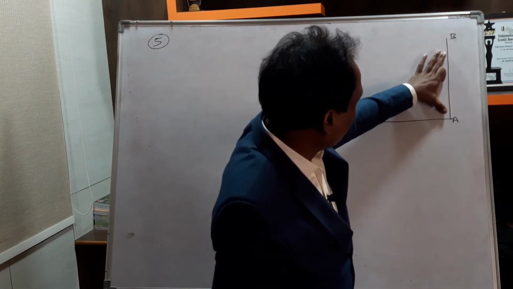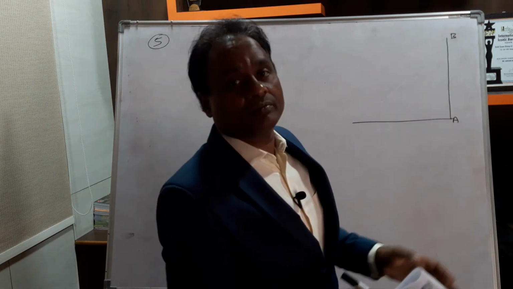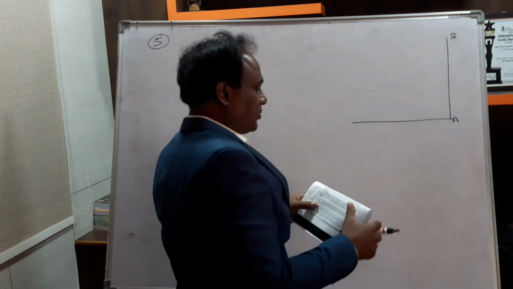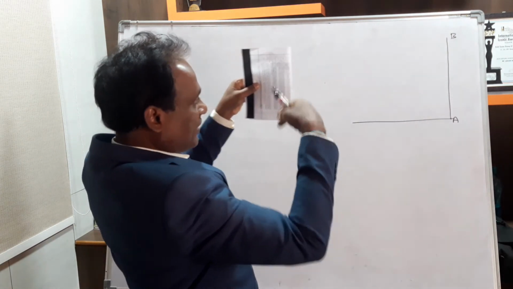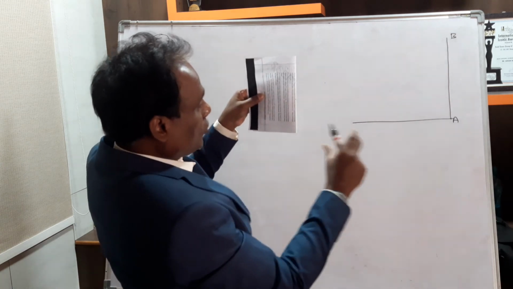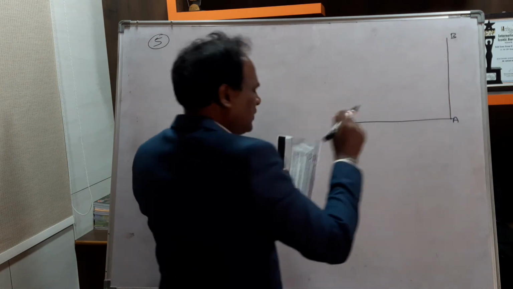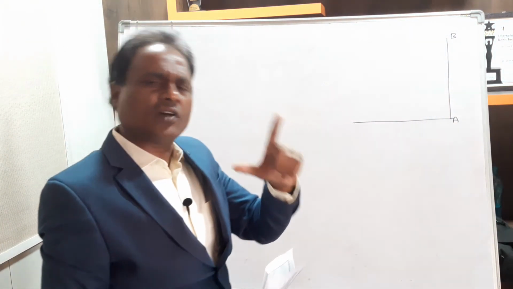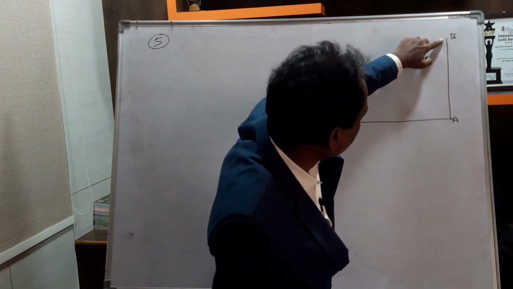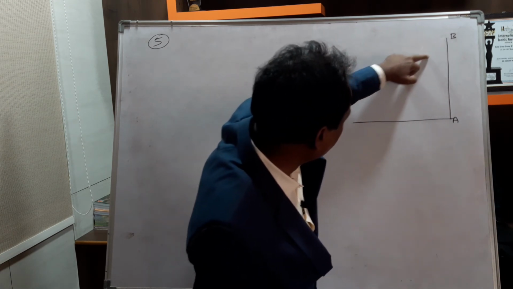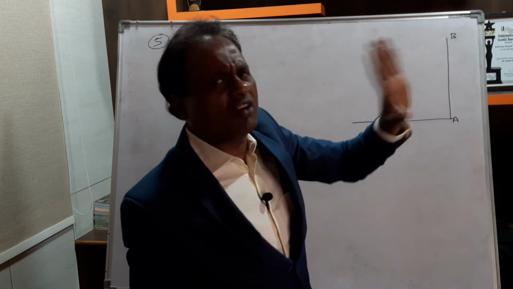So we are tying 3 ropes to the pole so that it can stand. Suppose this is a pole. One rope will be like this, another rope like this, another rope like this. On 3 sides we are tying ropes so that the pole stands firmly. So this is the pole AB, and all 3 ropes we are not drawing because we require the length of any one rope. So I am drawing only one rope. From the top of the pole to the ground, we tie a rope like this. On another side also another rope, on the third side also, so 3 ropes are there. So only one rope I am drawing.